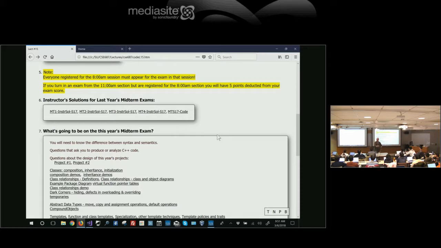So what I do is I take all the exam 1s, for example, or in your case, all the exam 3s or 4s. I have a stack of them, and I start with the first one. I grade the first problem, grade the first question. So once I'm done with the first question, I no longer know who I'm grading. And I do that intentionally so that there's no bias, so my grading is not reflected by what I expect of you. It's just based on what I see. So I do look at them very carefully.